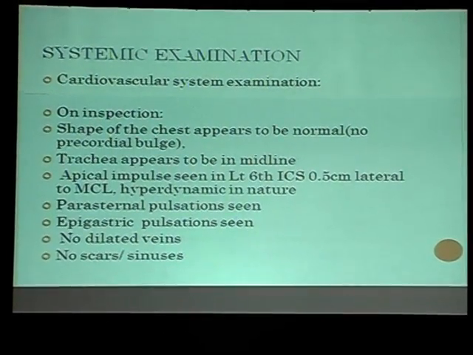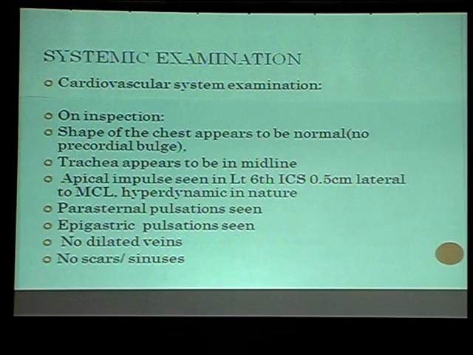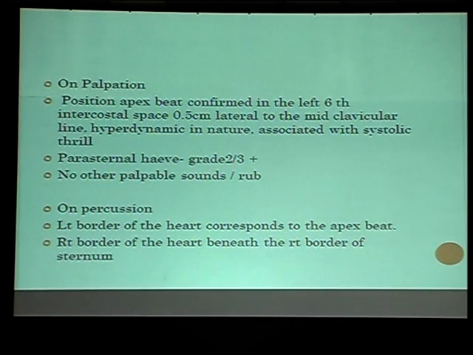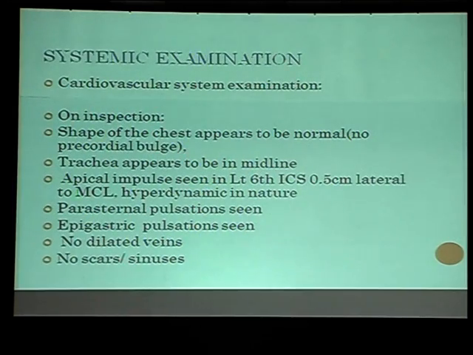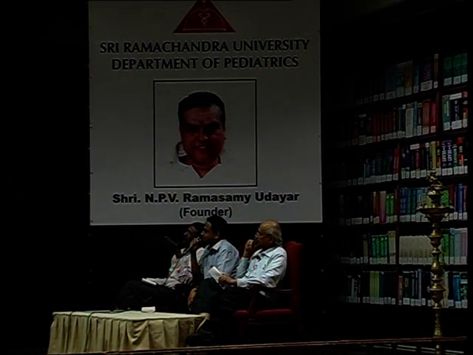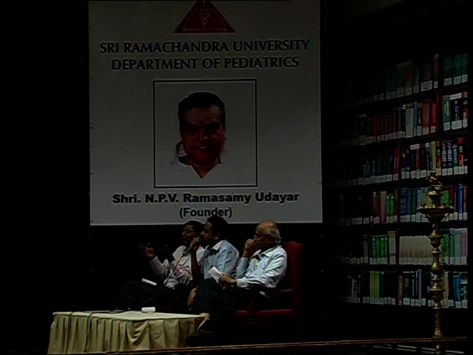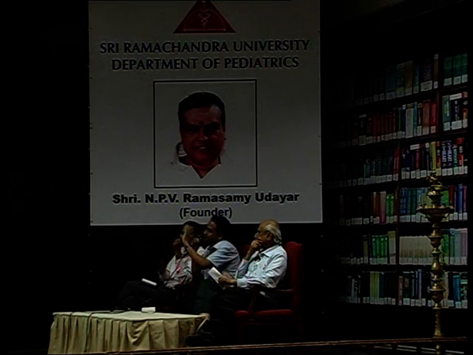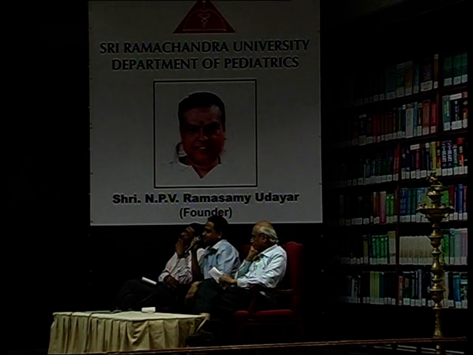Why do you use "appears to be" on inspection? As mentioned in the previous discussion, never mention "appears". Dr. Kumaresan very rightly mentioned, never be doubtful in your findings. You be categoric. Shape you are going to only inspect, you're not going to palpate. No, shape is normal. What I meant to say was there is no precordial bulge. Basically you just avoid the term "appears". Be more sure.